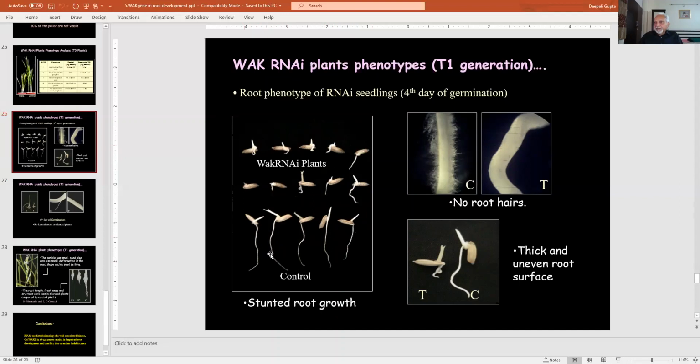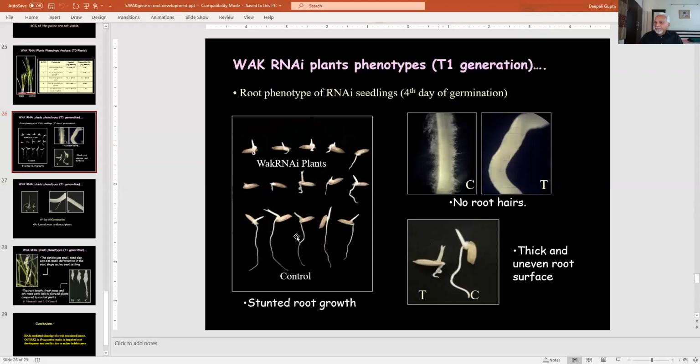So it affected the structured root growth. If you see here, these roots have characteristic root hairs. So this is the normal root with root hairs, but there is no root hair in the seeds from the silenced plant. So it means the silencing of this gene is affecting root growth as well as the root hair formation in the root, and